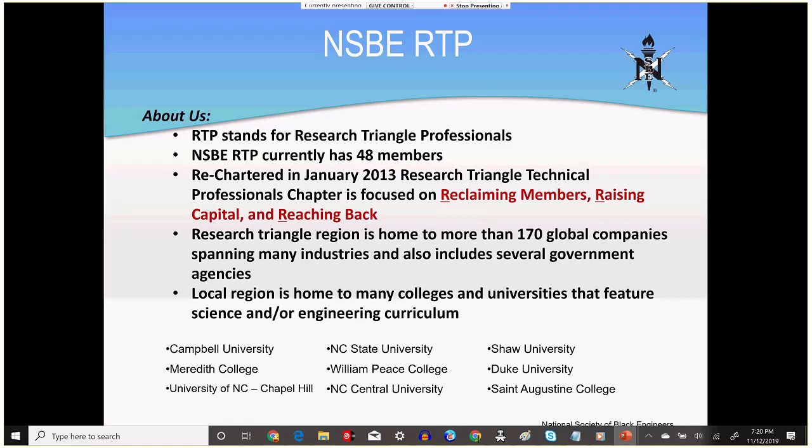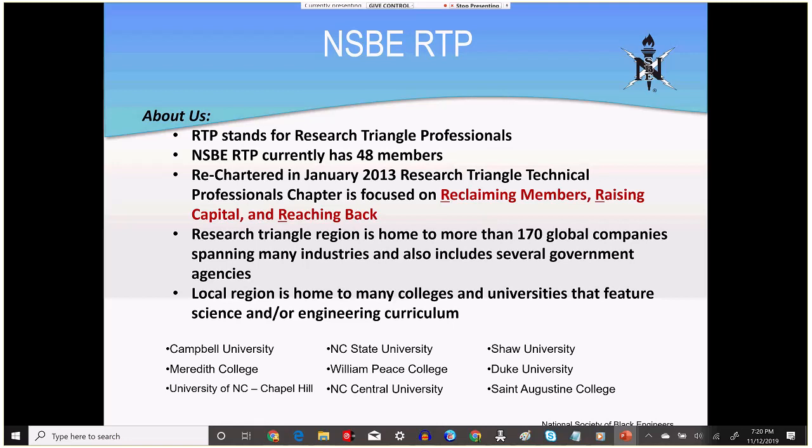So we currently have 48 members, I believe, or let's see, either 46 or 48. But we currently have a pretty good number of members when I'm looking at the past membership. So we are increasing in our membership and growing this year. And as this says, we are focused on reclaiming members, raising capital, and reaching back.